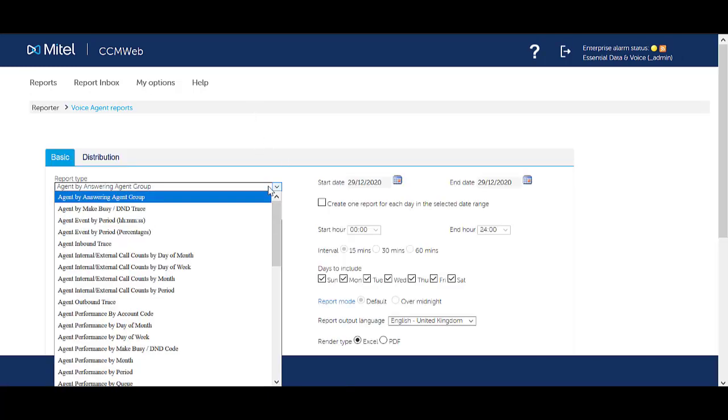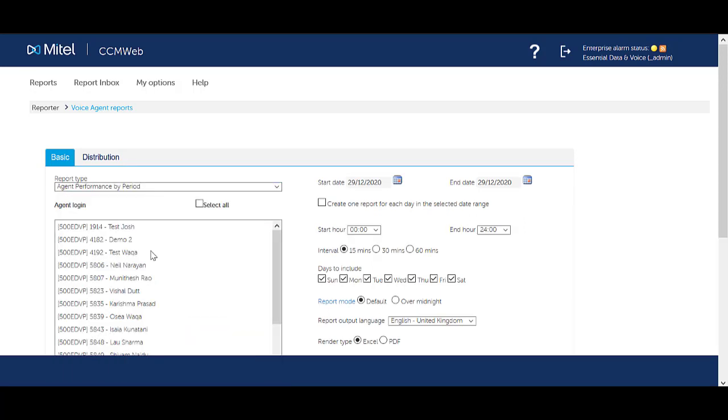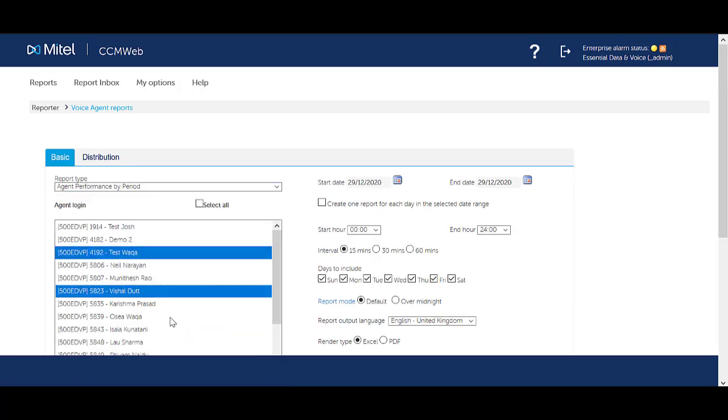Agent reports are used for reporting on individual agents. You can select multiple agents at a time by holding down Control on the keyboard. Each agent's data will be presented as a separate report. The majority of agent reports look at the interactions the agent has handled regardless of which queue or path the